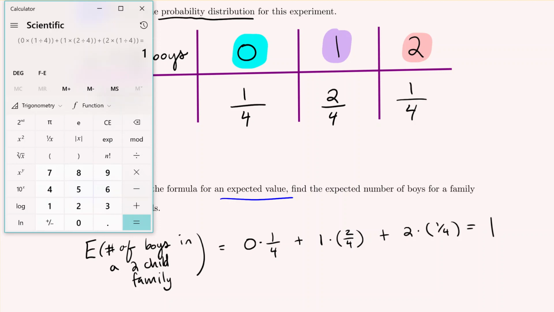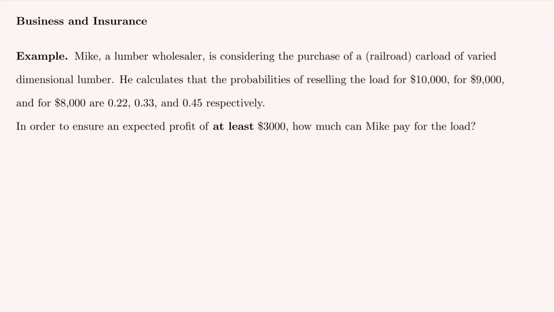So let's do a few more problems related to expected value. So Mike is a lumber wholesaler, and he is considering the purchase of a railroad carload of very dimensional lumber. He calculates the probabilities of reselling the load for $10,000, for $9,000, and for $8,000 are 0.22, 0.33, and 0.45